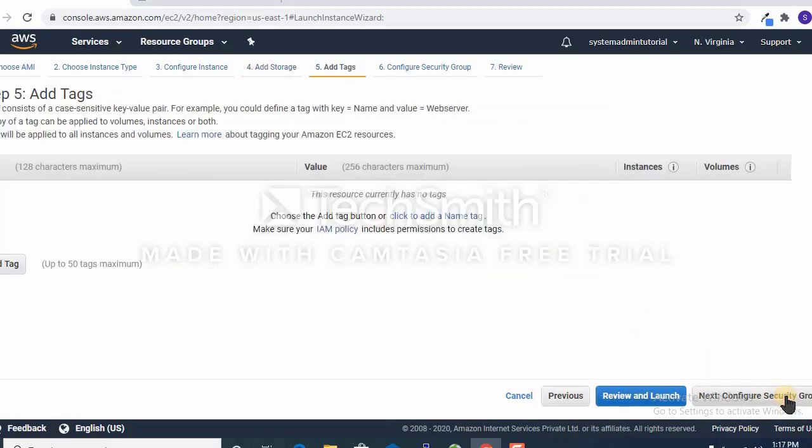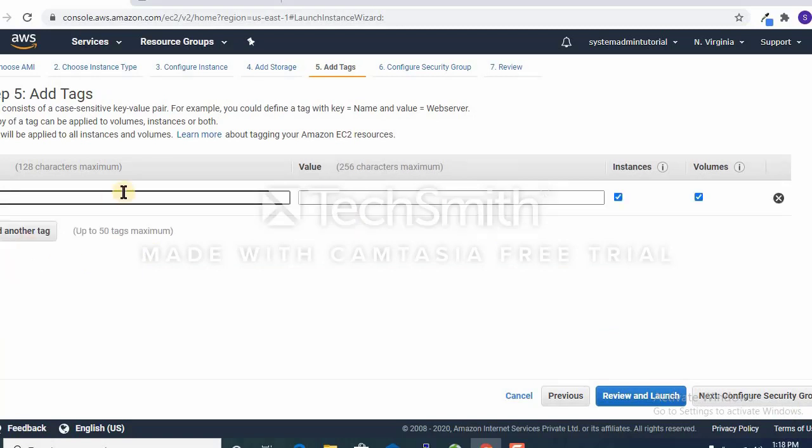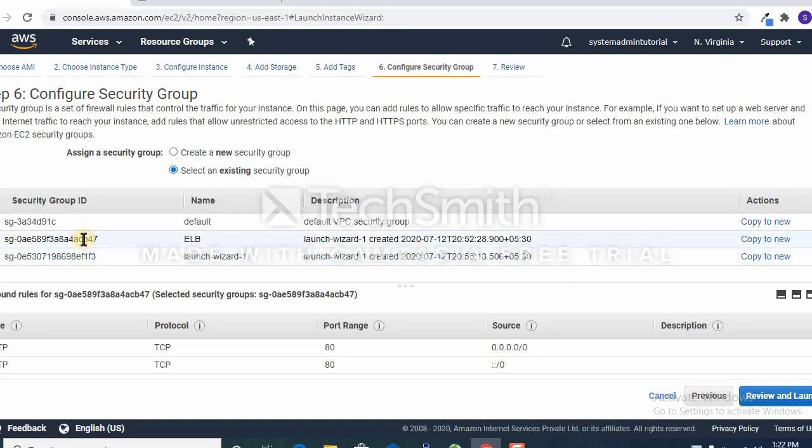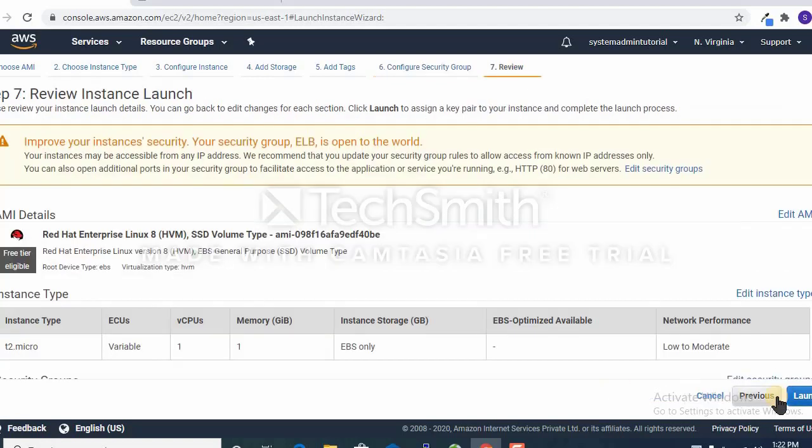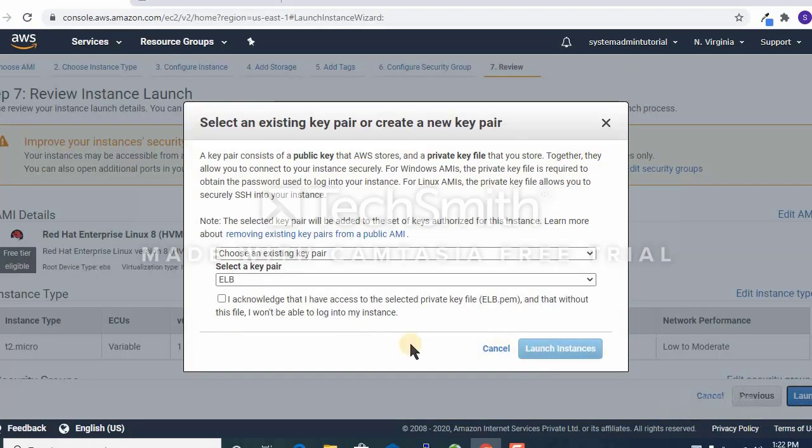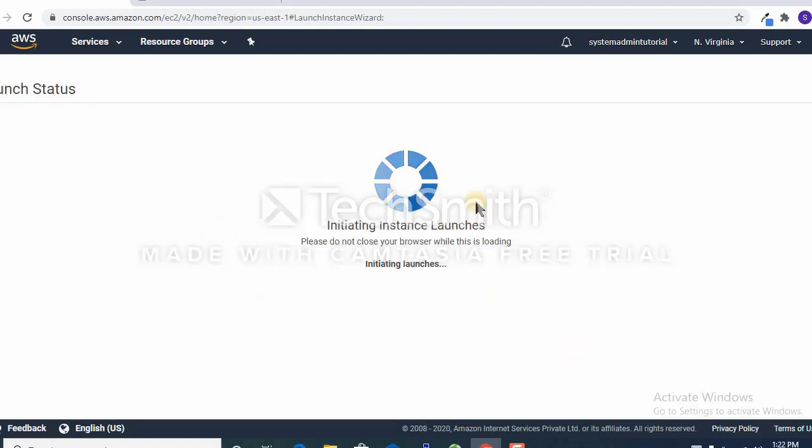Click next to add tags. I am not adding any tags here, but you can if you want. Now click to configure the security group and select the existing ELB security group. Then review and launch. I also have the existing key pair, so I am selecting that, then click on launch.